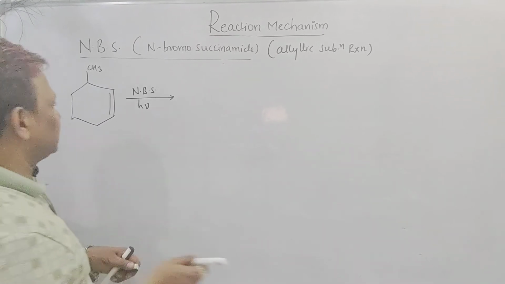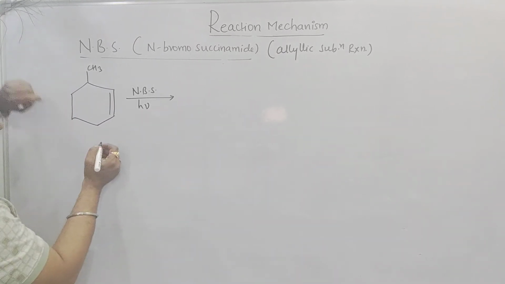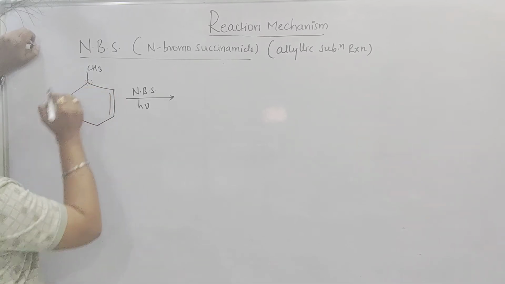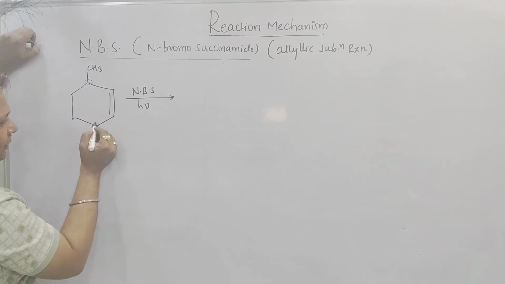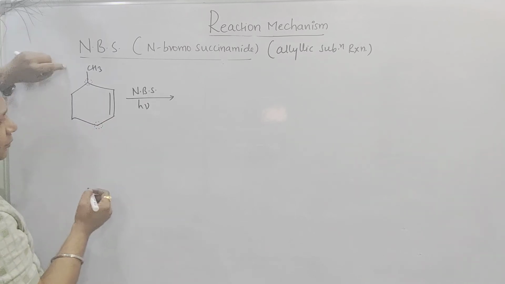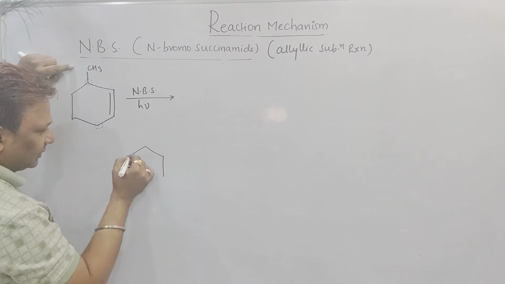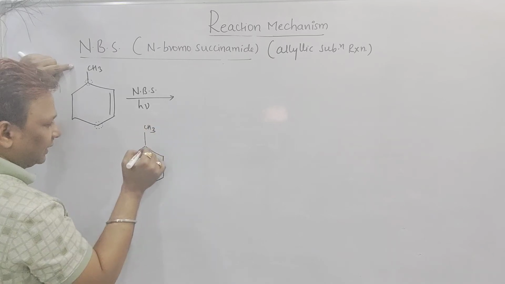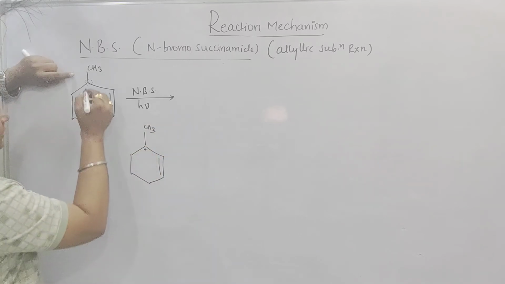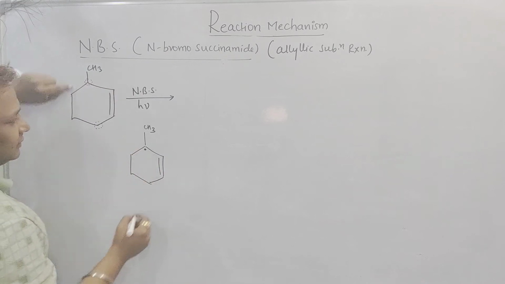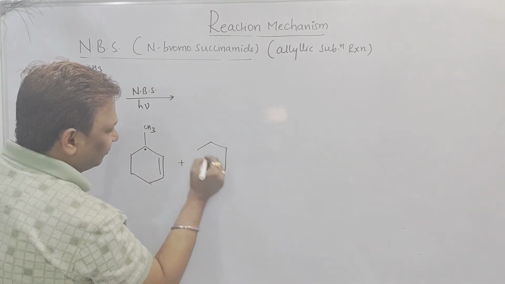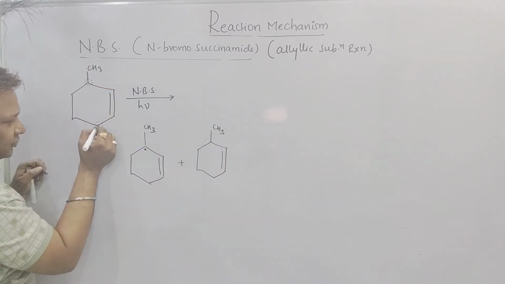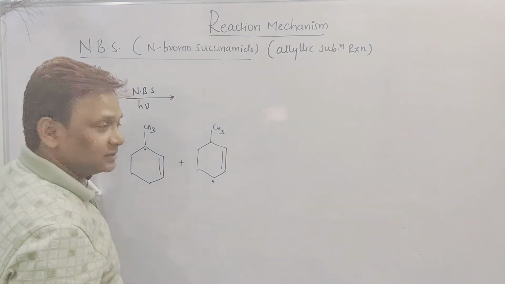During this one, first of all, we'll go with a free radical mechanism. Carbon double bonded carbon, and this position of the carbon is called the allylic position. See beta, the first radical which can form here is at the CH3, and one radical will form here because one H is there. If you take out one radical here, second possibility, beta, it will form this radical also. It will take out H from here and form this radical.